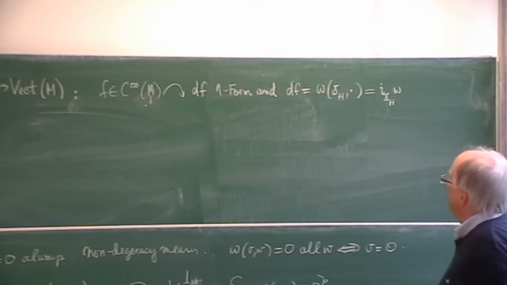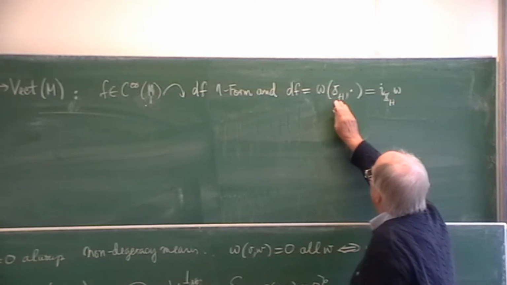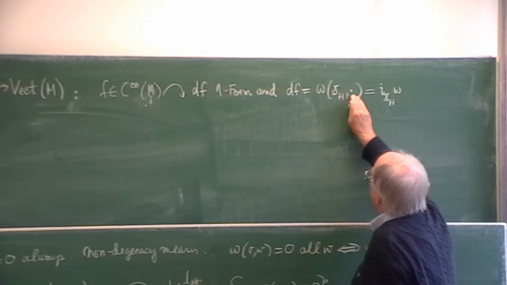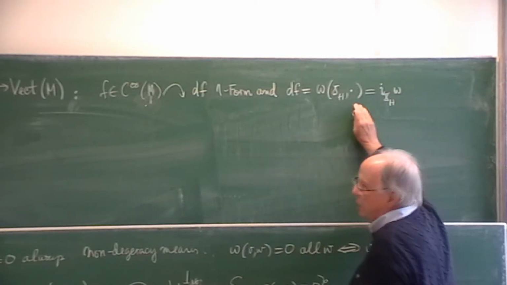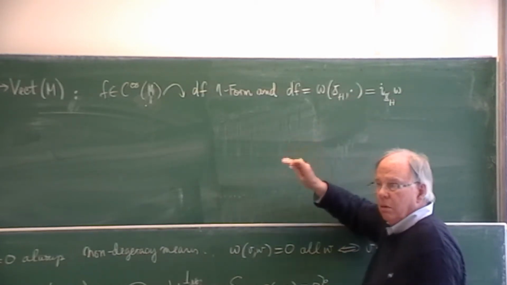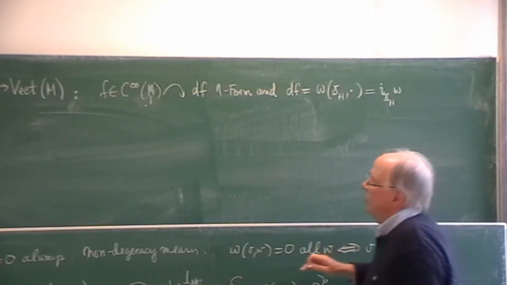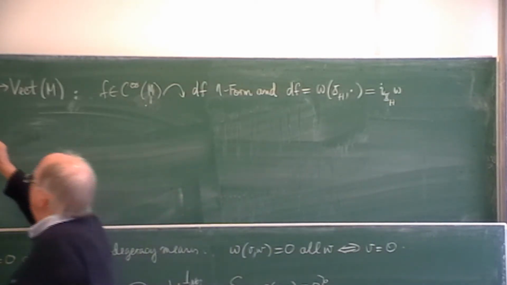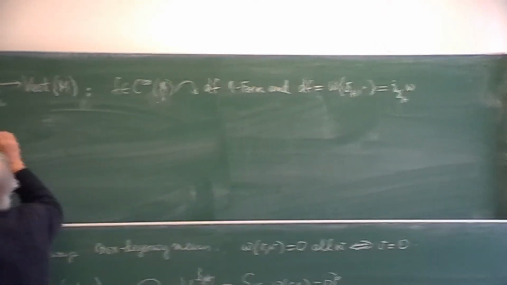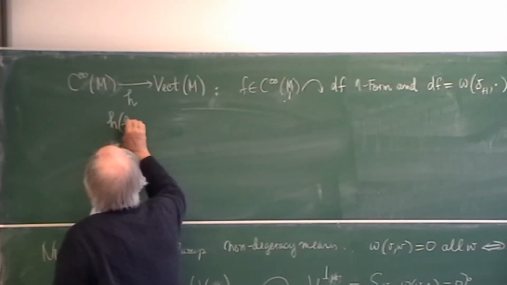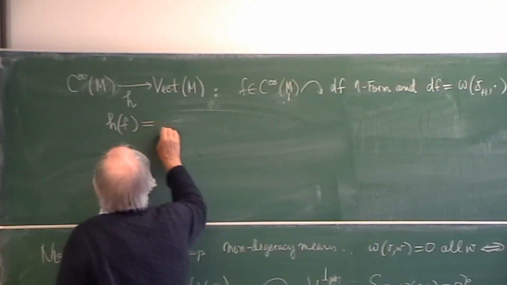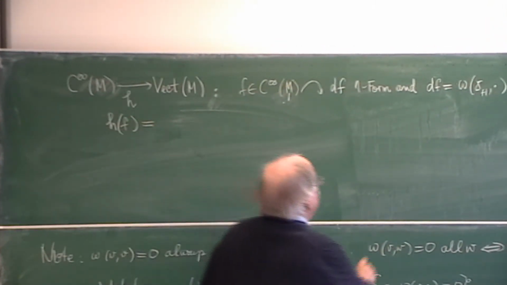And you get a one form. So here, if you have a two form, you put a vector field in the first entry, you get a one form. It was a two form, now you make it a one form. Okay? And so this mapping H of a function f is, well,